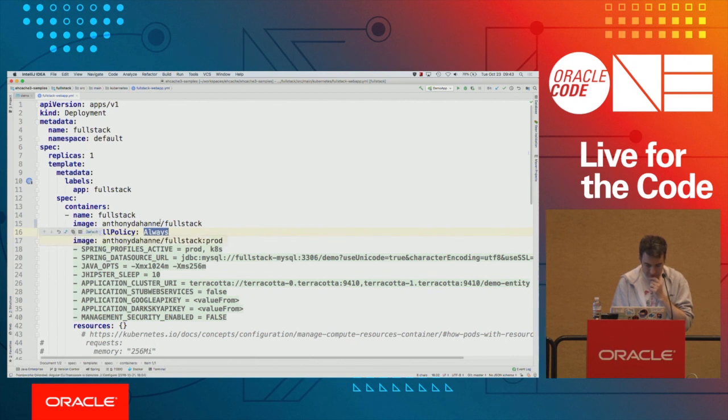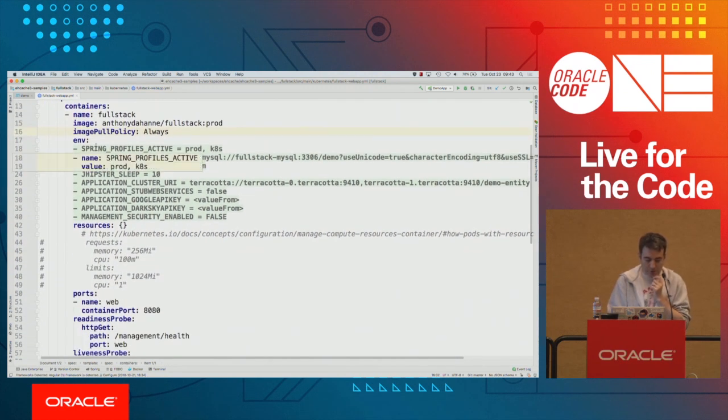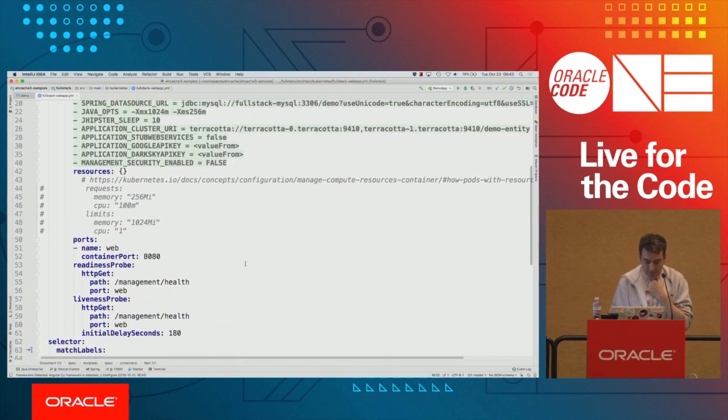Let's choose the right one. Okay, let's choose this tag. Also, I'm going to provide it with some environment variables, mainly so that it can connect to the MySQL database and also the highly available Terracotta server as well. I could have set some resource constraints to make sure that it's running on proper nodes, but I didn't do